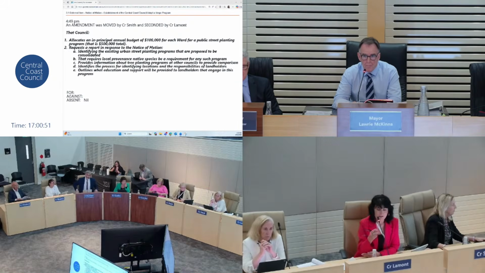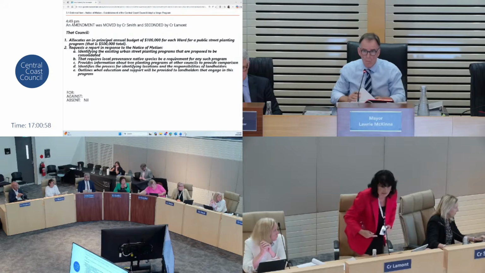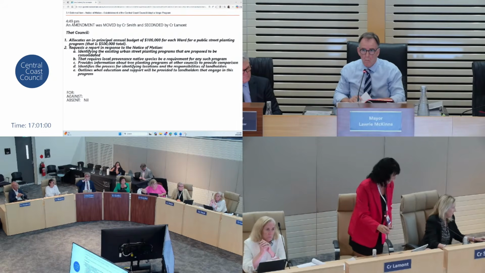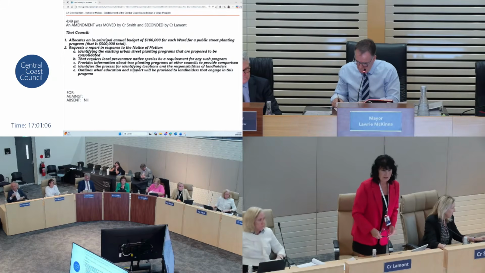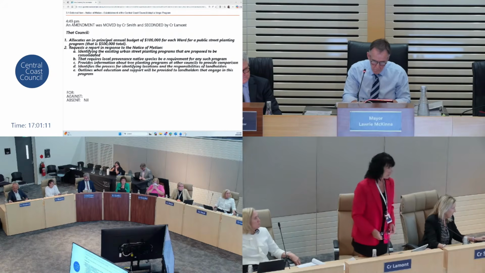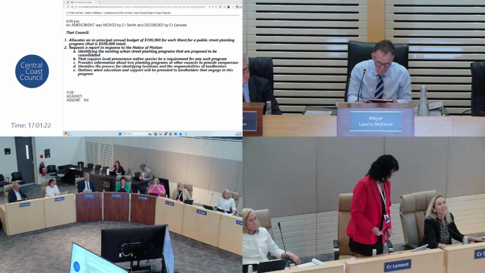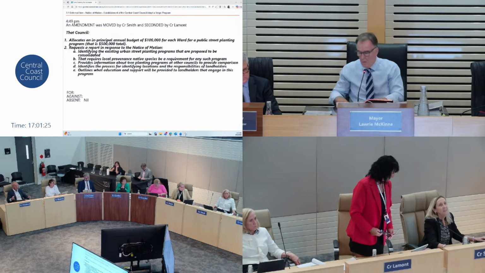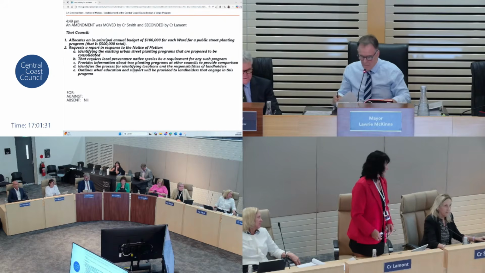Councillor Lamont. Thank you, Mr Mayor. I'm actually going to, because we haven't had another against speaker, speak against this motion in a way because I just don't think it's enough. I think we should be allocating at least 200,000 in each ward. Newcastle spends 1.5 million, and if you compare this area of Newcastle compared to the Central Coast, it's tiny. And we think 100,000 for each ward is enough. So, sorry, Councillor Smith, would you be prepared for me to increase that to 200,000? How about at least? At least, yeah. So can we change that, please, Civic?